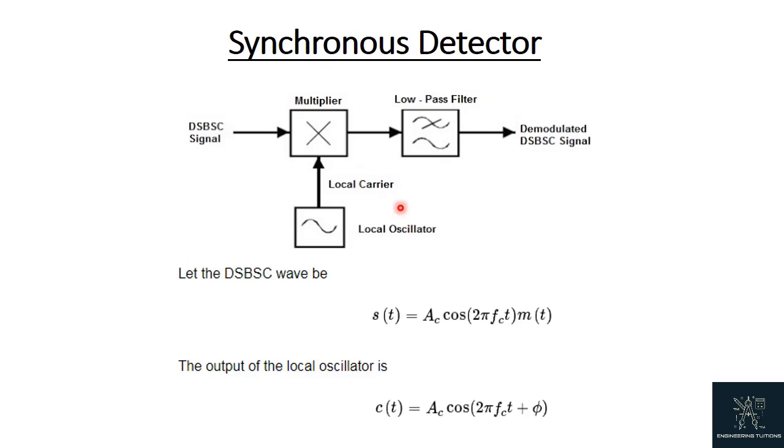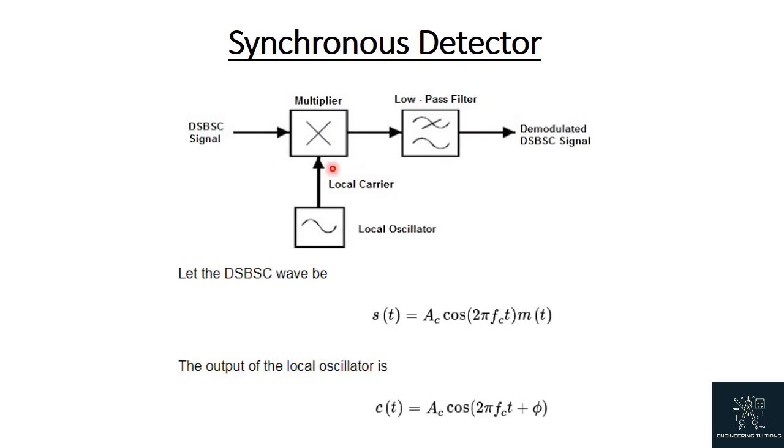The process of extracting the original signal from the DSB-SC wave is known as detection or demodulation of DSB-SC. The following demodulator is used for demodulating the DSB-SC wave: the coherent detector. In the coherent detector, the same carrier signal which is used for generating the DSB-SC signal is used to detect the message signal. Hence, this process of detection is called coherent or synchronous detection. Following is the block diagram of the coherent detector.